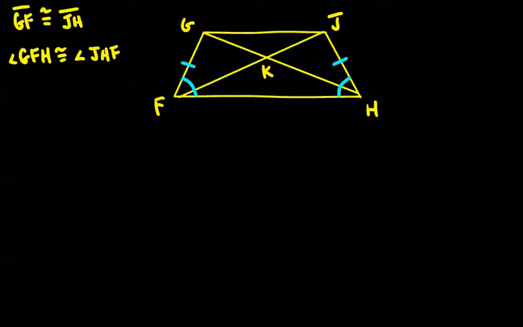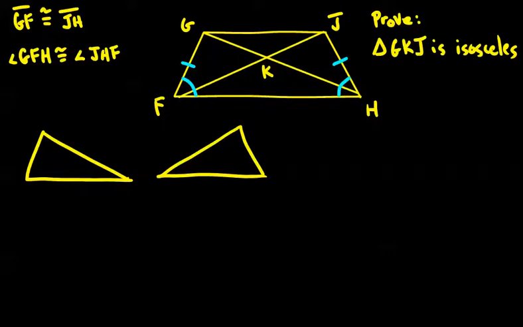Now the goal of all this is to prove that triangle GKJ, that's up in the top there, is an isosceles triangle. And that's our task here. So we're going to start out, we have these overlapping triangles going on, and we're going to start by sliding them apart. So the triangles I'm referring to are GFH and triangle